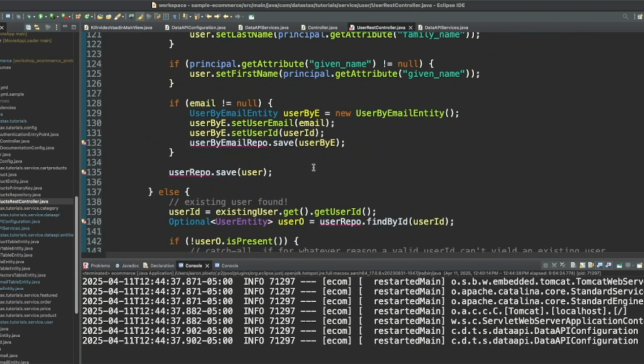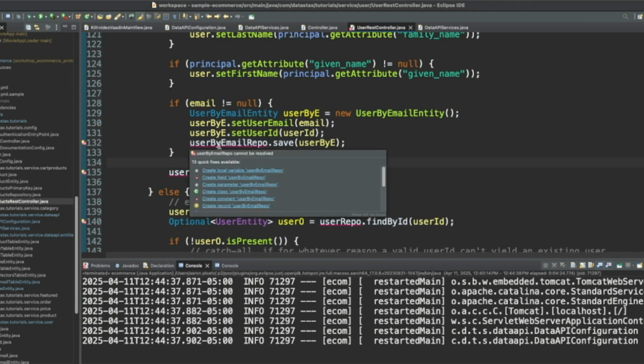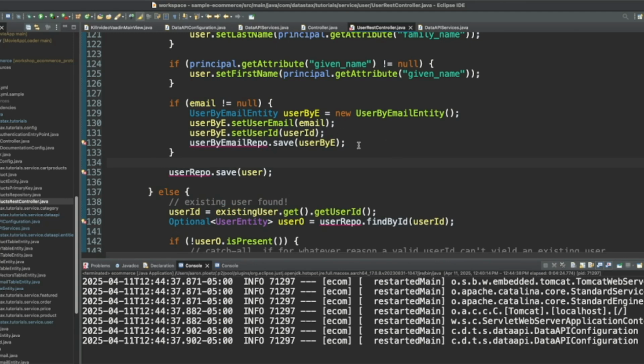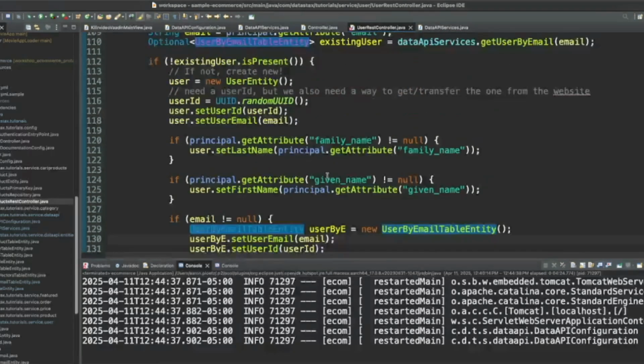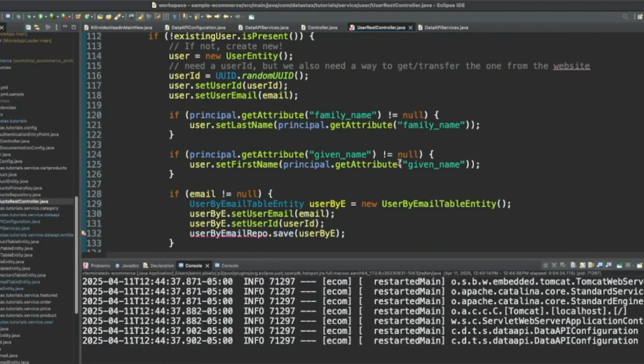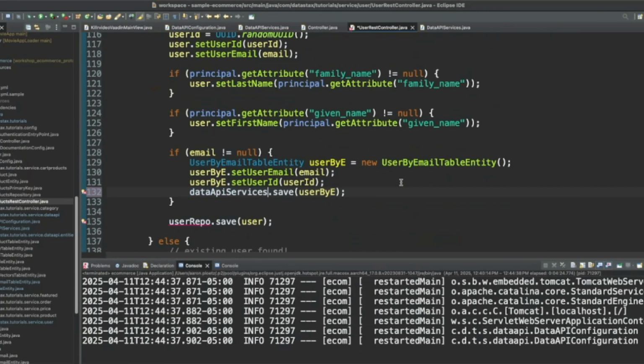Moving on here. Yeah, so we also want to be able to adjust that user by email entity and save it. So let's say table entity. There we go. And data API services. And we'll say save user by email.